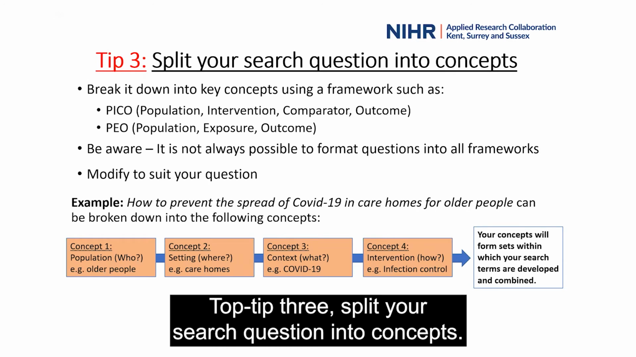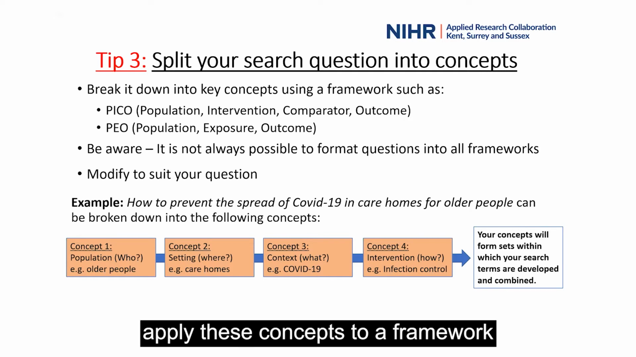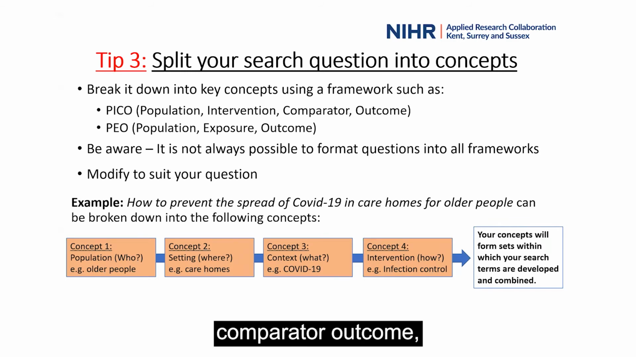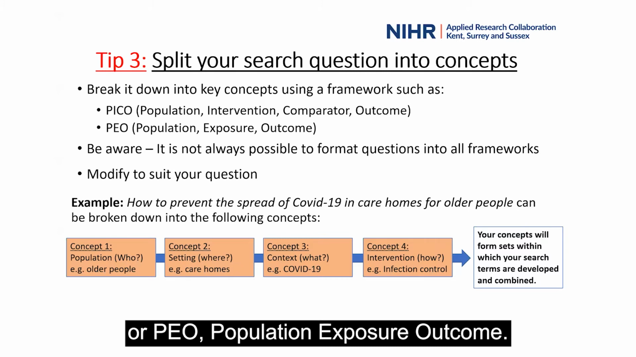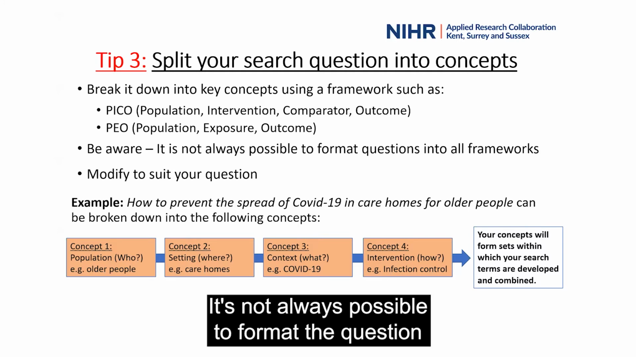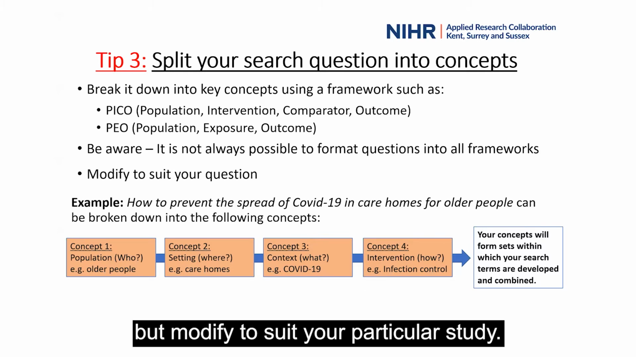Top tip 3, split your search question into concepts. Break the research question down into key concepts. Apply these concepts to a framework such as PICO, which stands for Population, Intervention, Comparator, Outcome, or PEO, Population, Exposure, Outcome, or a similar structure to help your search strategy. It's not always possible to format the question to exactly fit all the different frameworks, but modify to suit your